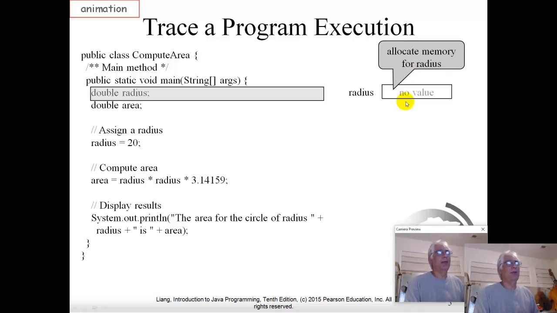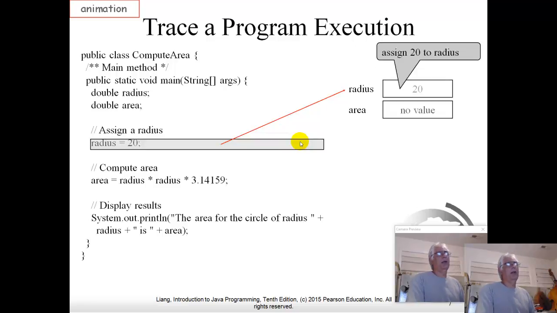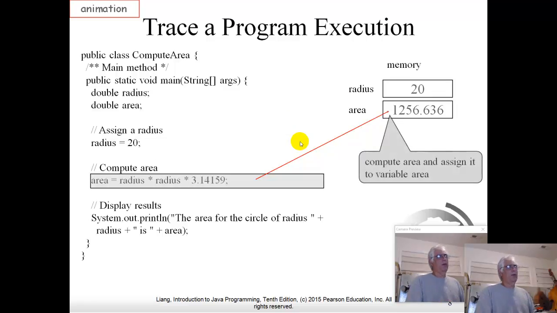And notice also what your author has done. As we step through this, he's got these nice little graphics that show what happens to these memory locations. So let's step through. We go here. Boom. We've got this additional variable called area. Now we're going to give one of our variables, the variable called radius, a value of 20. And we're going to compute the area of a circle. What's the area? Area is pi times r squared. So r times r